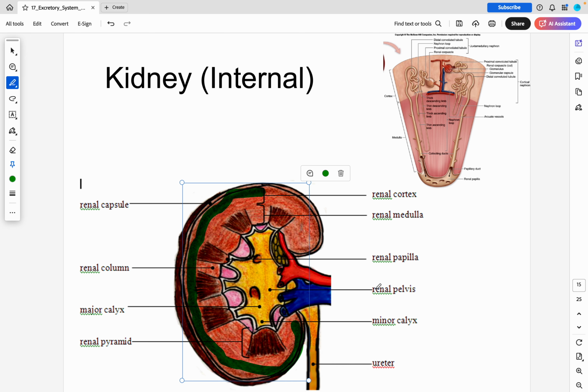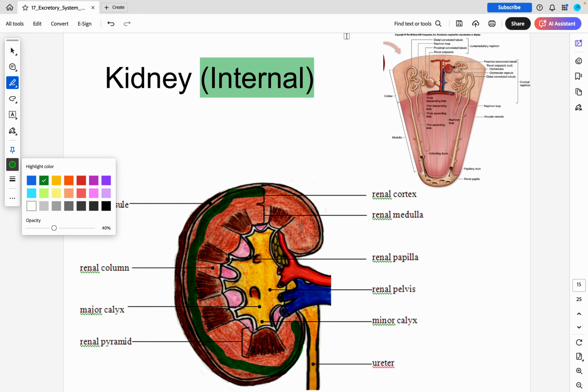Microscopically, if we prepare tissue sections of the kidney, we'll be able to observe key microscopic structures that are the functional unit for waste filtration. These are the nephrons. In the picture here, you can see